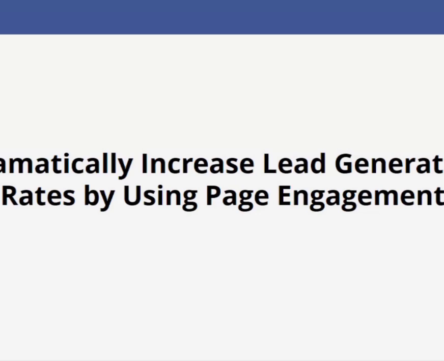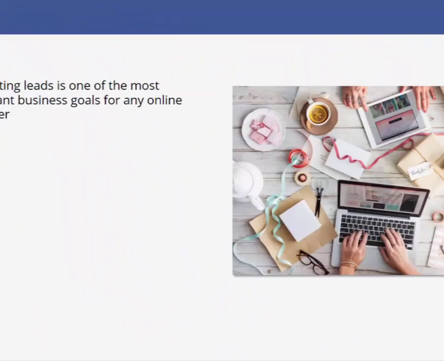Dramatically increase lead generation rates by using page engagement. Generating leads is one of the most important business goals for any online marketer. No matter the size and activities of your business, getting new customers allows your business to grow. As a first step towards acquiring new customers, lead generation remains an indispensable resource for any company wishing to develop